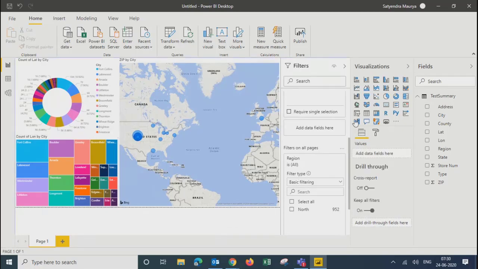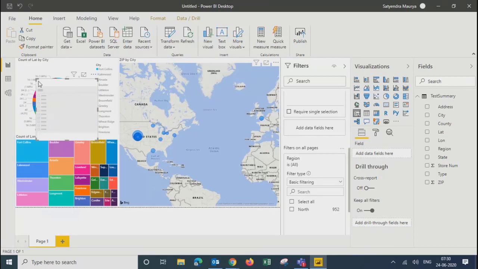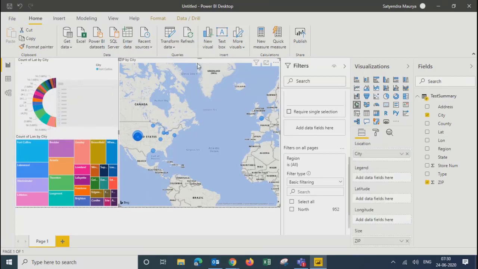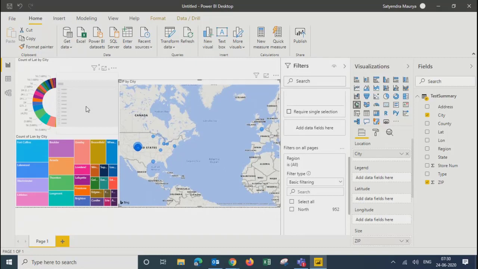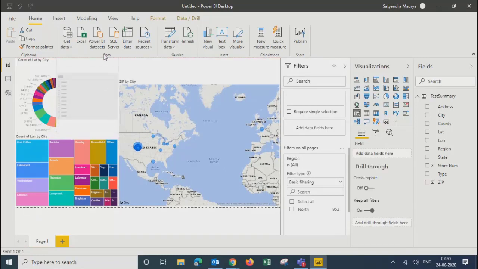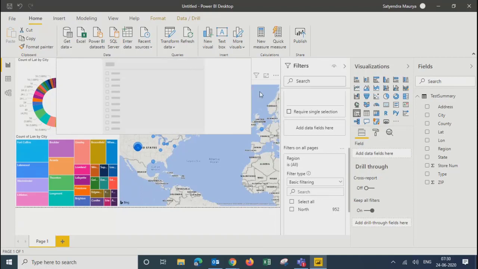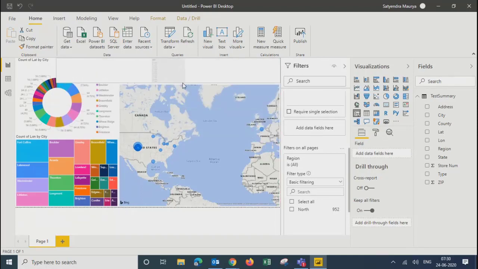With this, let me add one slicer as well. Okay, we'll take this slicer, and maybe I can put that here. And on this slicer, let's take some value.